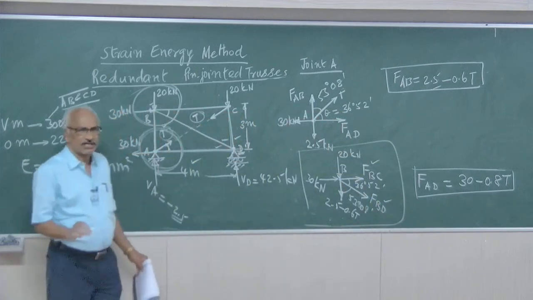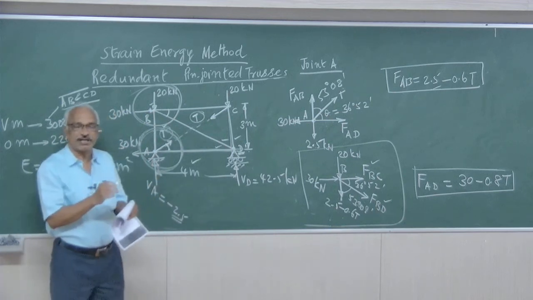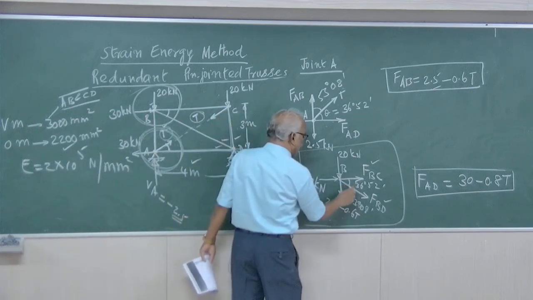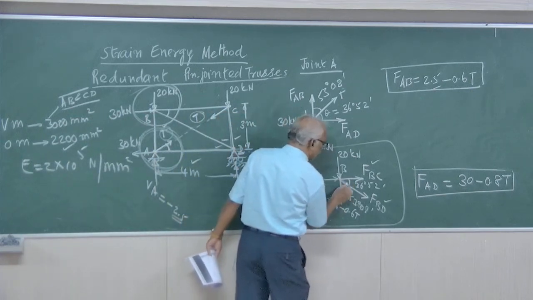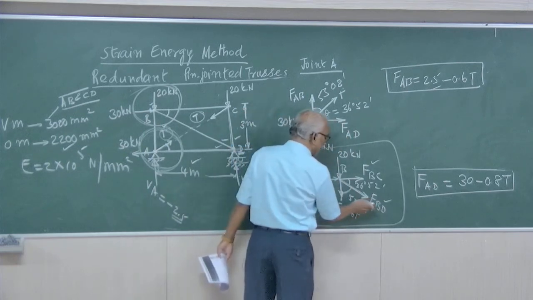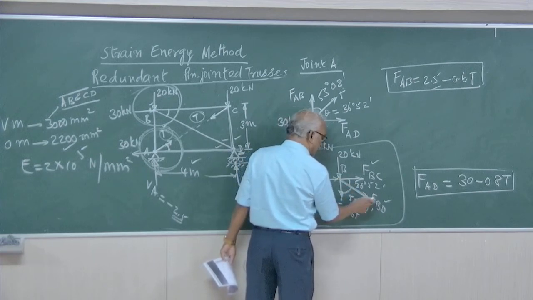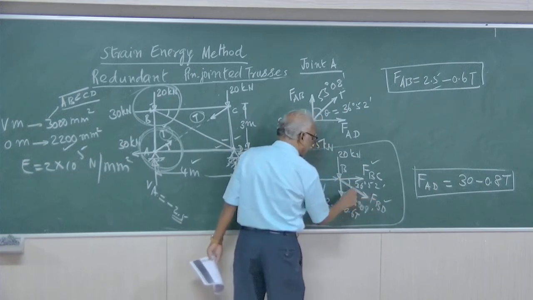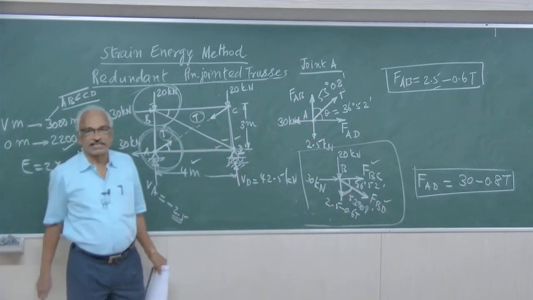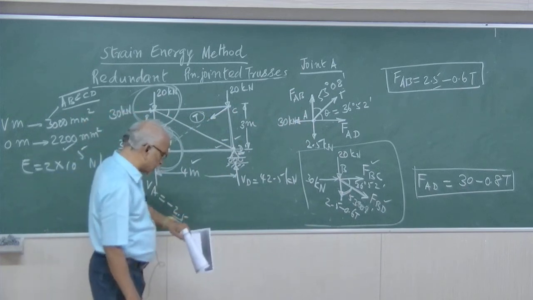So every joint you have to mark one by one, mark all the details around the joint, mark the angle both with horizontal and vertical. For this inclined member, if you want to find out the horizontal component, it is FBD into cos of its angle with the horizontal. If you want to find out the vertical component of this, FBD into cos of its angle with the vertical. Need not worry about sin theta. So that is how you will have to find out the force in the various members.